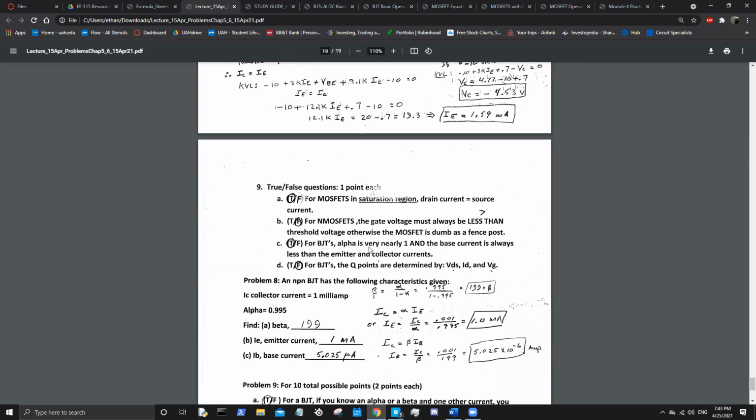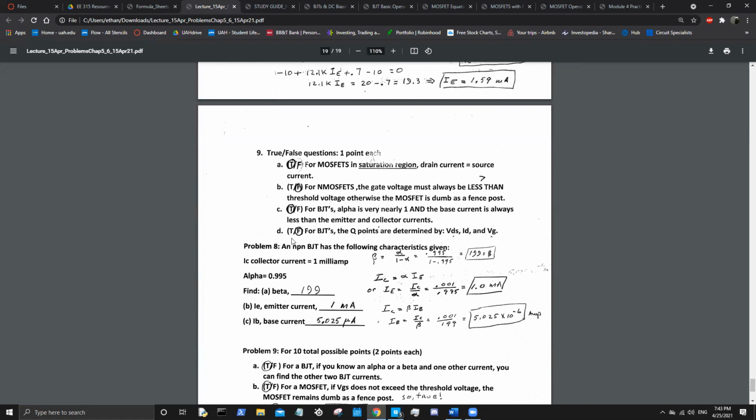All right. D, true, false. For BJTs, the Q points are determined by VDS, ID, and VG. So this is false. Can anyone explain why this is false? Because I don't remember Q points well enough. All right, so